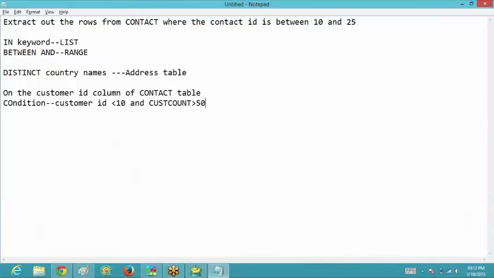Okay, so add these conditions onto the same query, that the customer ID should also be less than 10 and the cust count or the count customer ID should also be greater than 50. So extract those rows out.